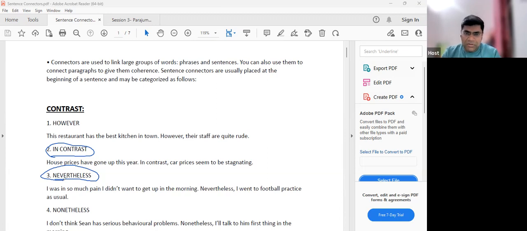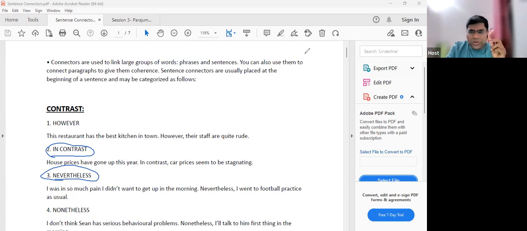Suppose you asked me for money: sir, I need a lot of money, sir, I can't ask for money from my father. So I will tell you no, I can't give you that much money. I will nevertheless talk to your father and somehow persuade him to give you some money. So I said, no, I will not help you. I will nevertheless do something for you. Something like this, you know.